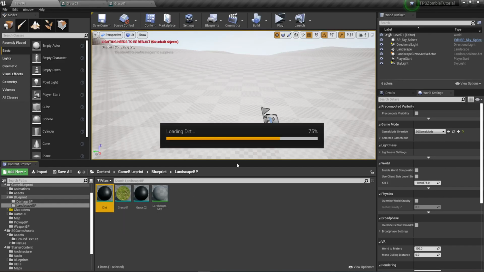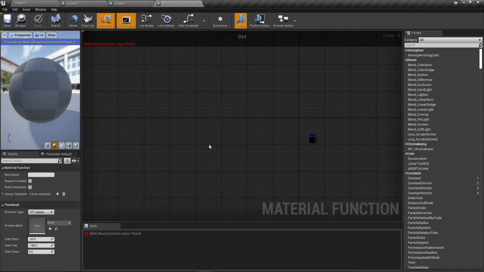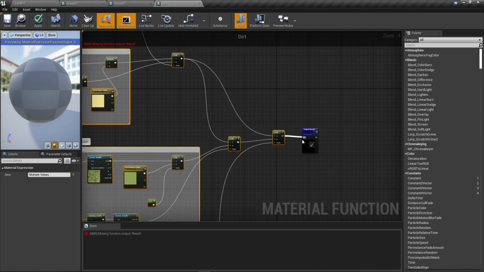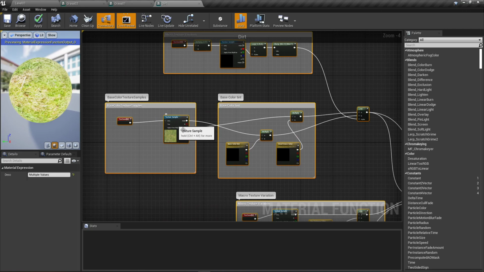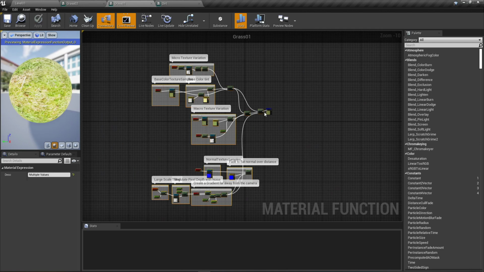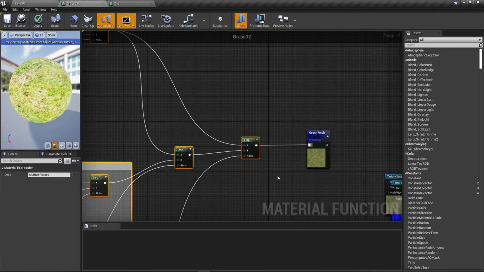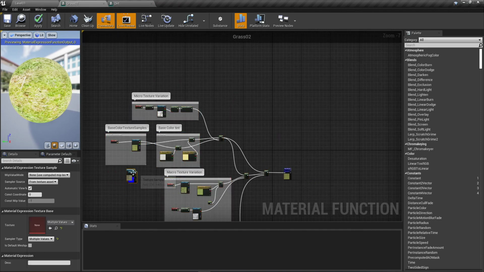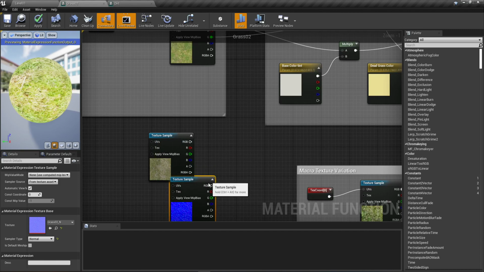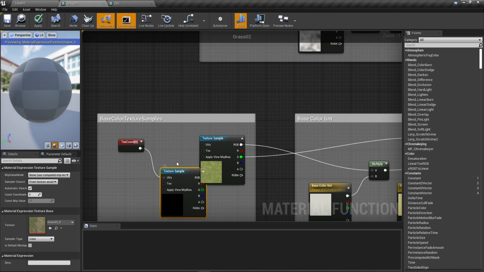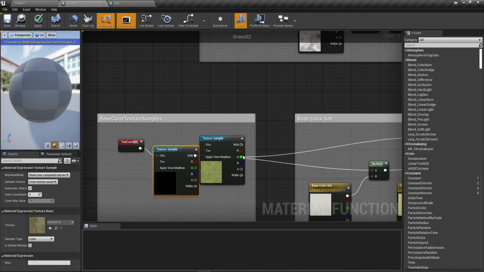Okay, again open dirt and paste this. And after this we are going to replace the materials of this diffuse and normals. Diffuse, we have to replace this. First of all, go into grass 2. Actually grass 1 is same, we don't replace these. Close this, and grass 2 we have to copy both of this and drag this here. RGB go into RGB, green channel go into green channel, and delete this,